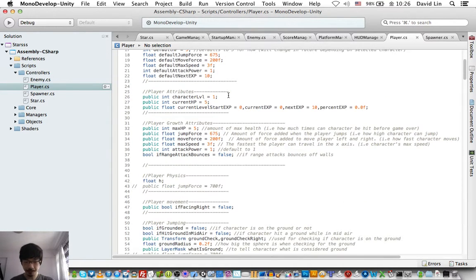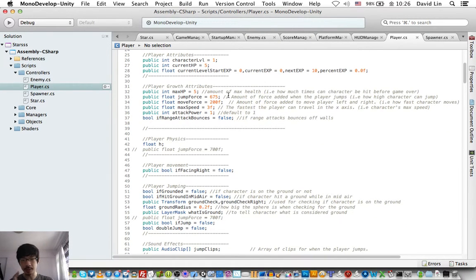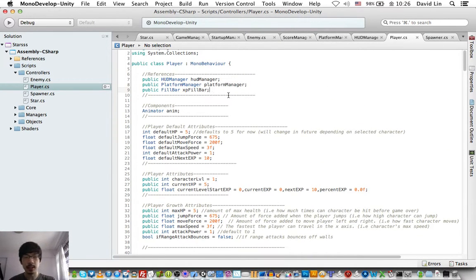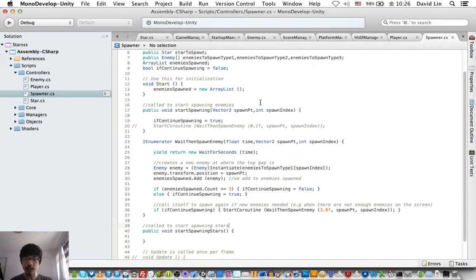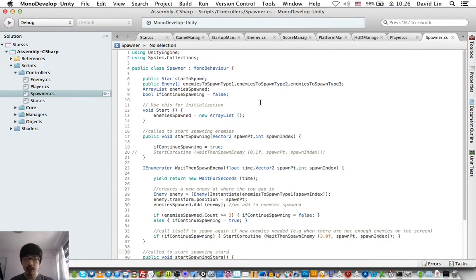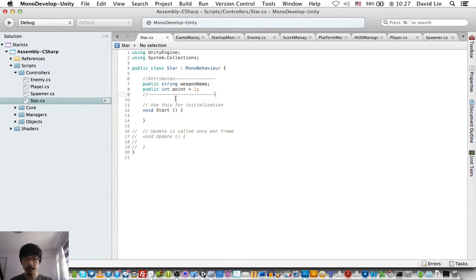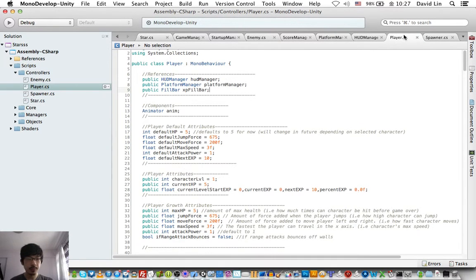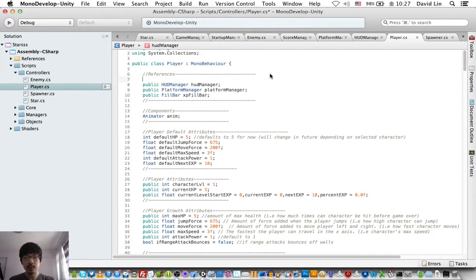And why is that? Because our player detects the spawner to our star and star to our spawner. Okay, let's just do it here. So by having our spawner in our player, by having